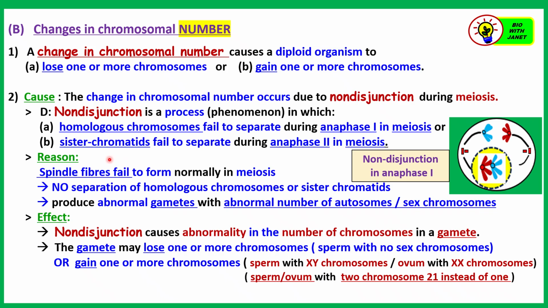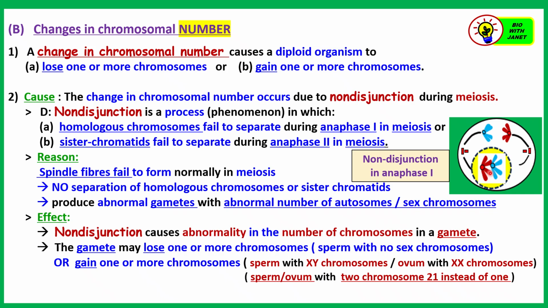Now, how can this occur? The reason is spindle fibers may fail to form normally in meiosis. For example, on the right-hand side here, the spindle fiber may not be completely formed or well formed. So the spindle fibers on the other side will pull the 2 chromosomes over to the same pole, right? So when spindle fibers fail to form normally in meiosis, there's no separation of the homologous chromosomes or sister chromatids